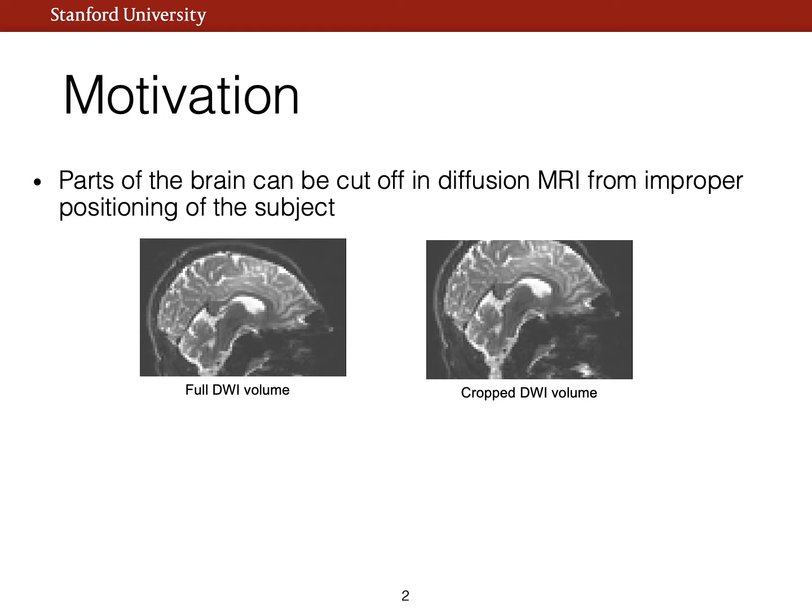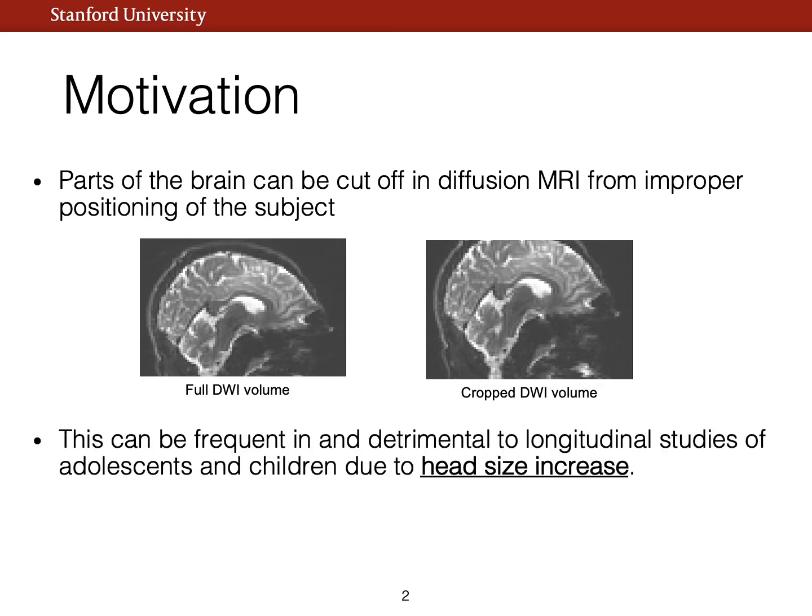The problem we want to tackle here is that in the image acquisition stage of diffusion-weighted imaging, parts of the brain can be cut off from the field of view due to improper positioning of the subject. This situation often happens in longitudinal studies for investigating neurodevelopment during childhood or adolescence, because the acquisition protocols are often optimized for the baseline visits of the subjects, but then become suboptimal for the increased head size of the subjects